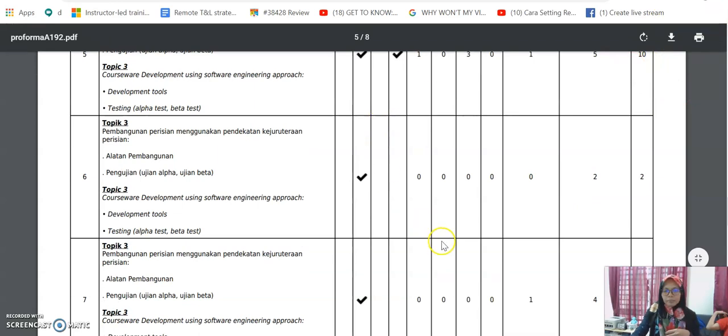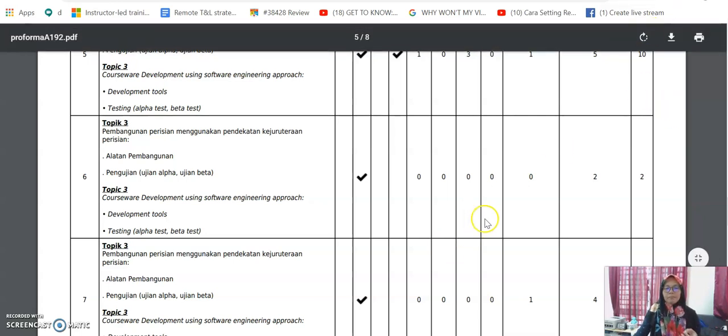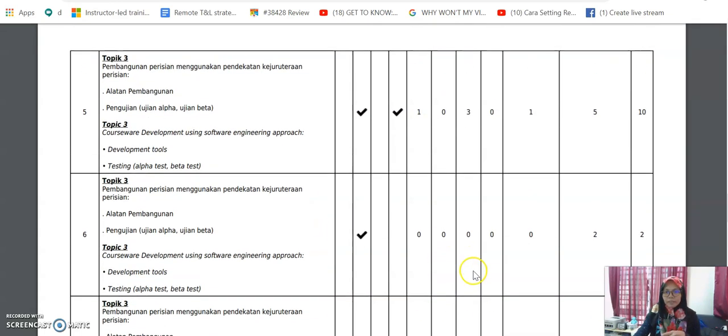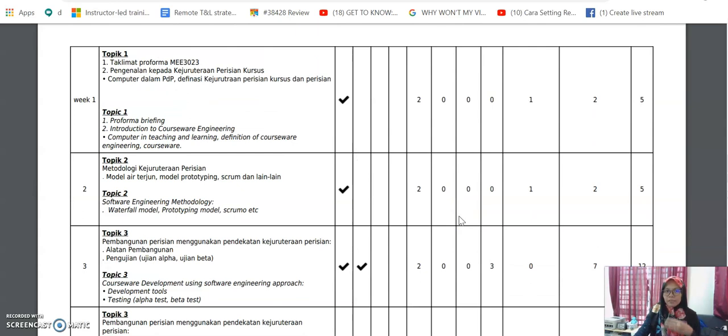What we do right now, previously in mid, this is the recorded session. Before this, at 3 p.m. yesterday, I conducted a face-to-face synchronous session using Meet. Face-to-face synchronous session means we have a live lecture, but I did not state the live lecture synchronous session in your proforma. Why? Because I'm not going to give a live lecture during our face-to-face web conference, but for this session, I plan, if we have extra time, maybe once in 2 weeks or